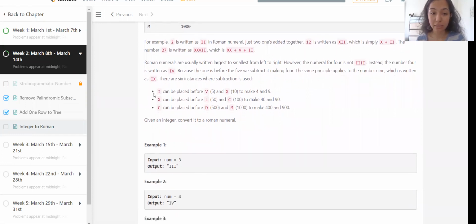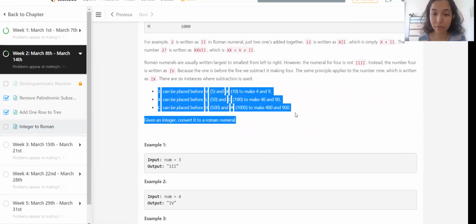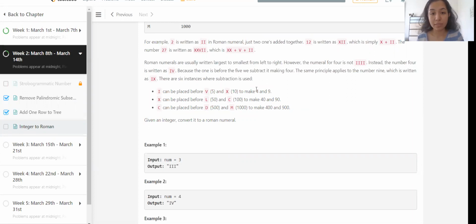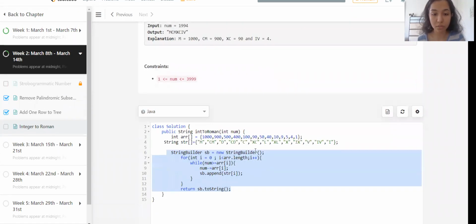But before that, let's read this. This is a very important part which we should not skip. Suppose we want to represent 4, we need to put 1 before 5. And in order to represent 6, we need to put 1 after V. Similarly, we are given keys here, and we'll make an array listing all the numbers possible, and below that an array of strings with the values representing the same numbers, on the same positions. Let's try to do that first.